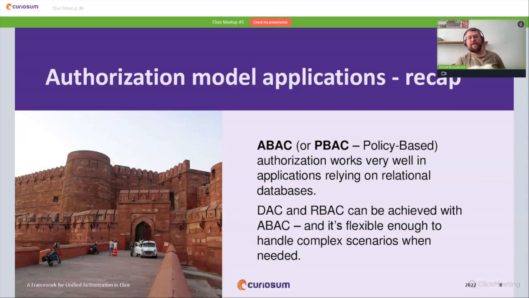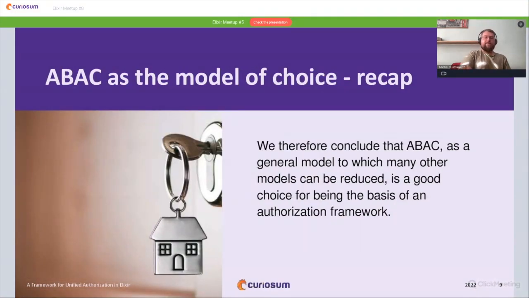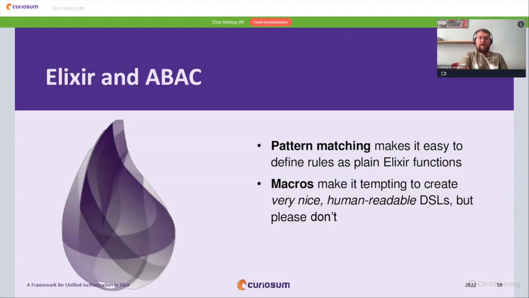The other models that we discussed, like DAC or role-based access control, are models that ABAC can be reduced to. So we can implement them using ABAC. As a conclusion, we chose ABAC as the model we want to follow in the framework. We discussed that ABAC fits Elixir thanks to pattern matching and